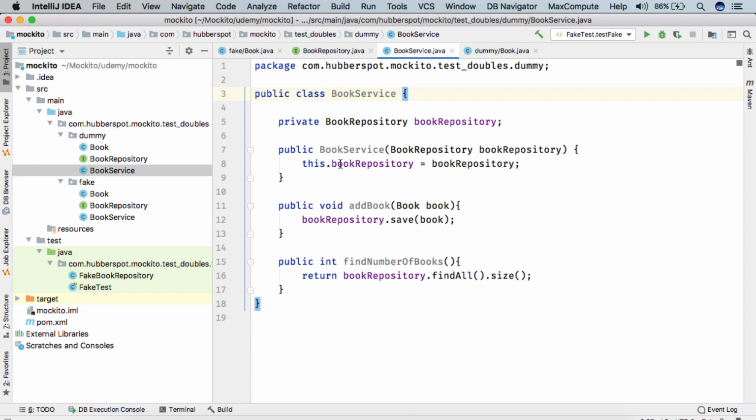As we saw in our previous lecture, the book service class has these two methods, add book and find number of books. And it has an external dependency on the book repository class, which basically communicates with the database.